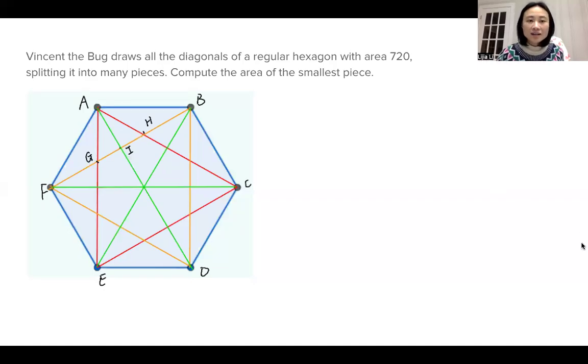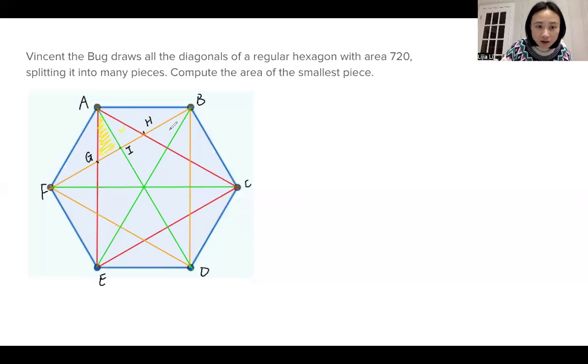Vincent the Bug draws all the diagonals of a regular hexagon with area 720, splitting it into many pieces. Compute the area of the smallest piece. To solve this problem, the first step is to identify which part is the smallest piece. Using our eyeball, it's not difficult to find that this part, let's say triangle AGI, will be the smallest piece,